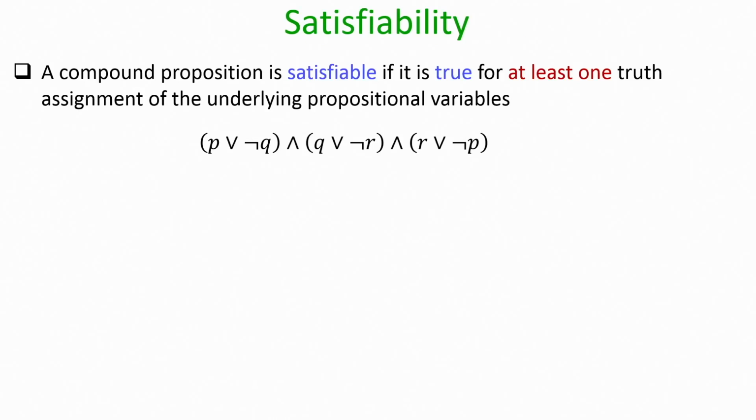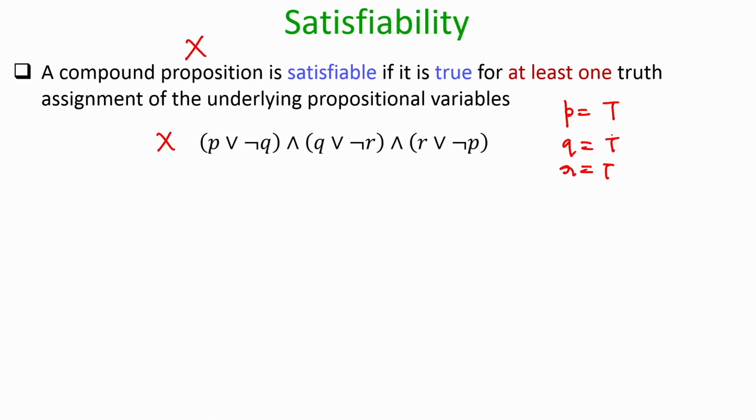So, what is the satisfiability problem? First, let us define what we mean by a satisfiable proposition. Imagine you are given a compound proposition x. This is an example of a compound proposition x. The compound proposition x will be called satisfiable if it is true for at least one truth assignment of the underlying propositional variables. So, in this case, if this is my expression x, then if I make p true, r true and q true, then the overall expression x